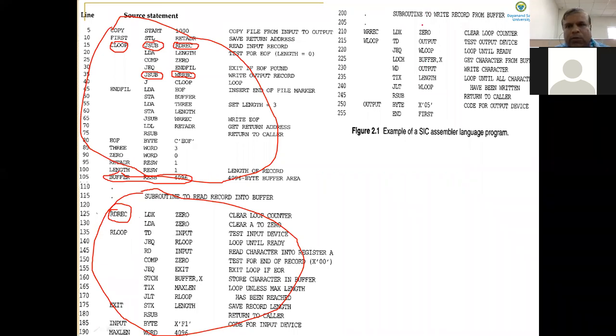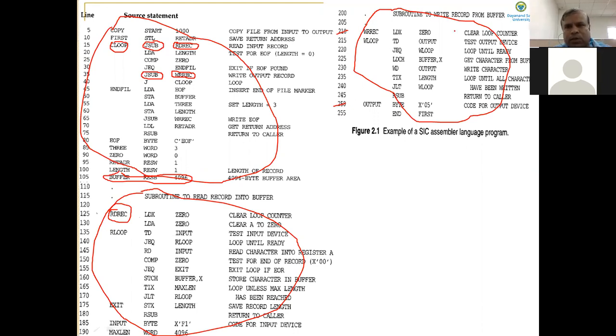And what is the function of the other subroutine, WRREC? WRREC is written here, and this routine starts from line number 210 and ends at line number 250.